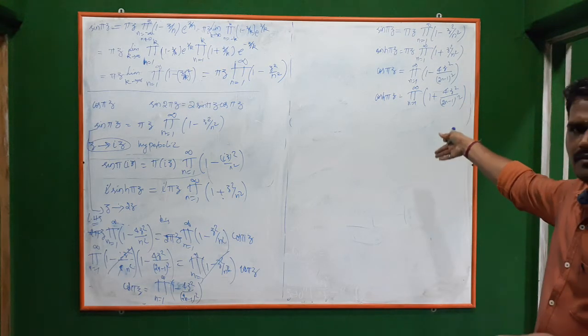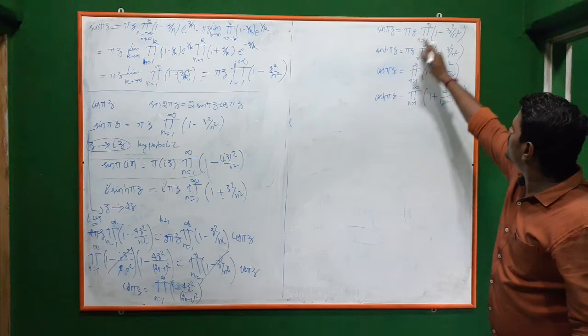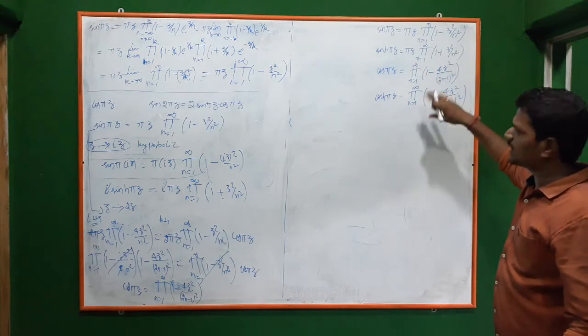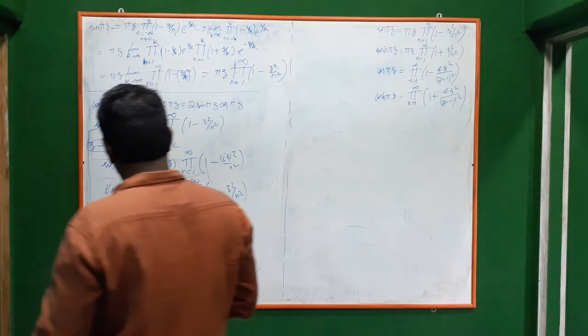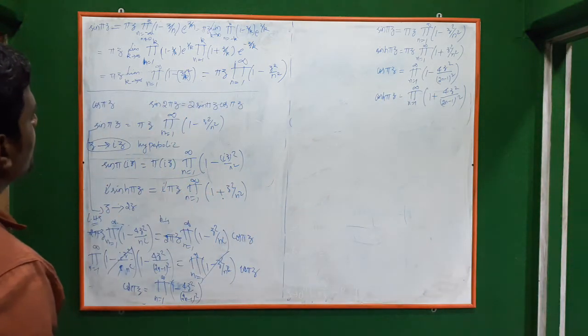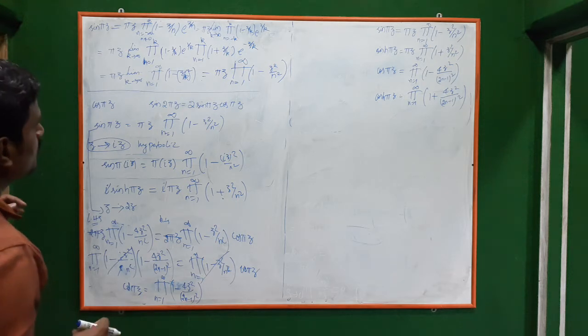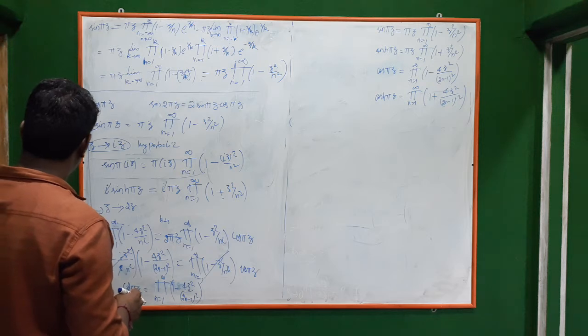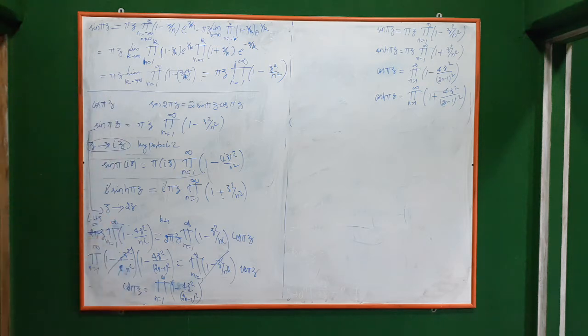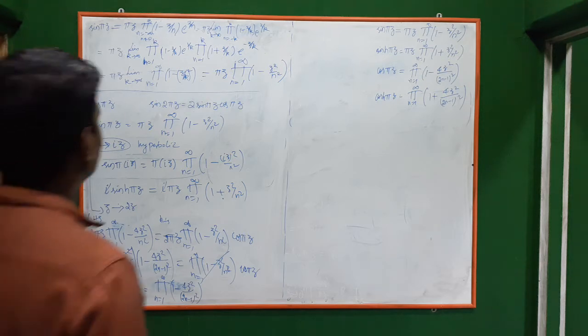Similarly, you can find tan pi z. So essentially you know these two, simplify that and find tan and other things. Okay, that will be easy. Next, we have to find the expression for e power z.